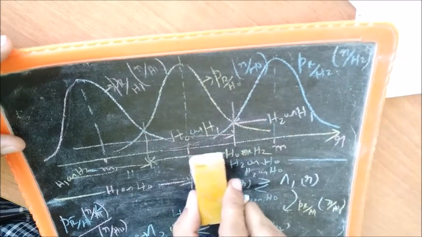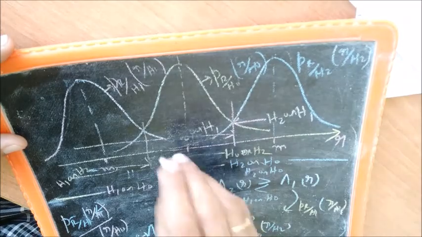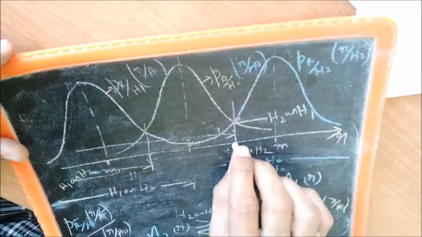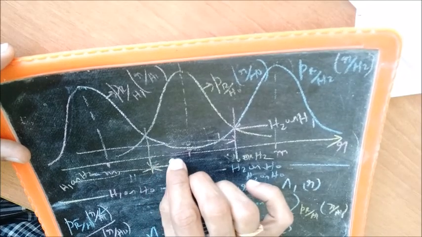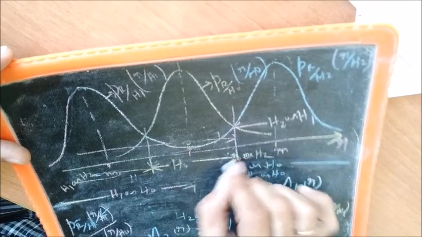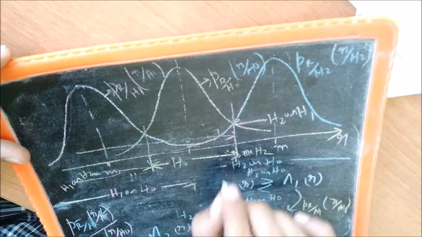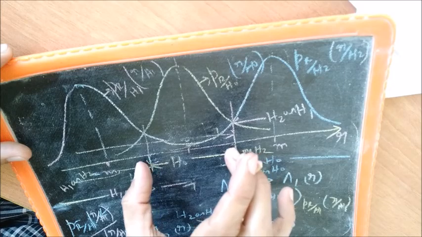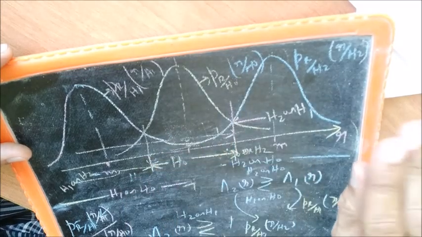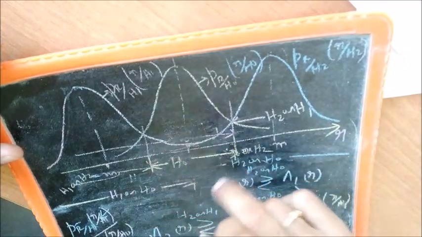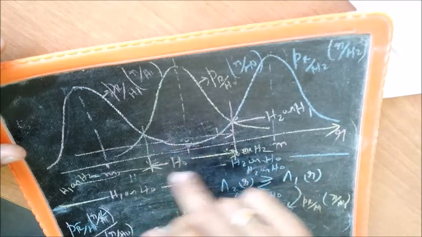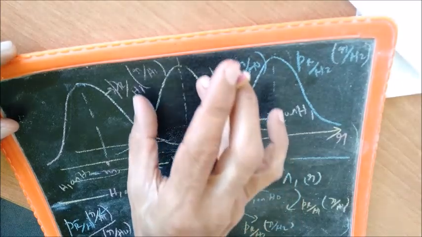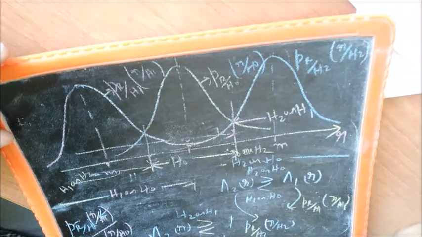So this region, that is R, from this point to this point, whenever R is in this range, we can declare H0 is a true hypothesis because we saw that of all the either-ors, H0 is common in this region. And also, as I said, intuitively it is satisfying because PR H0 is maximum here.